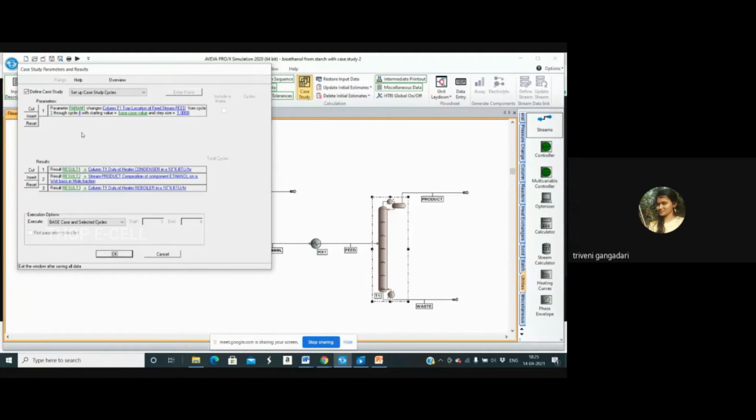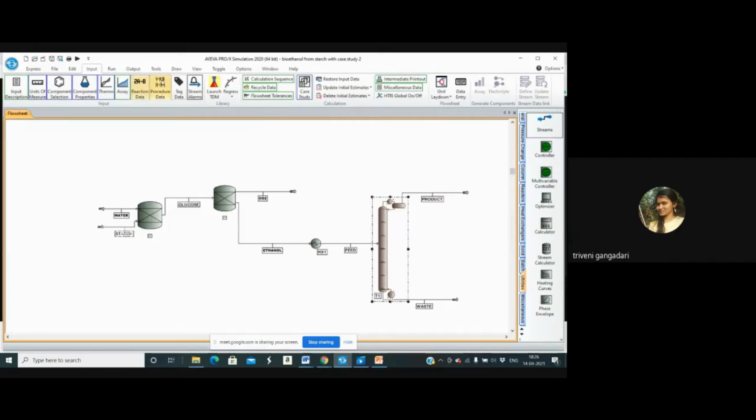Case study allows us to change the value of a specification but not the type of specification. Using case study, we can make changes to input data and examine the effect of those changes on the values of calculated data. Here in our work, changes are made to feed tray location from fourth tray to eighth tray, and we examine the changes of the values of data variables like reboiler duty, condenser duty, and the purity of ethanol. To see how feed tray location affects the reboiler and condenser duties and purity, let us look at them in the plots.